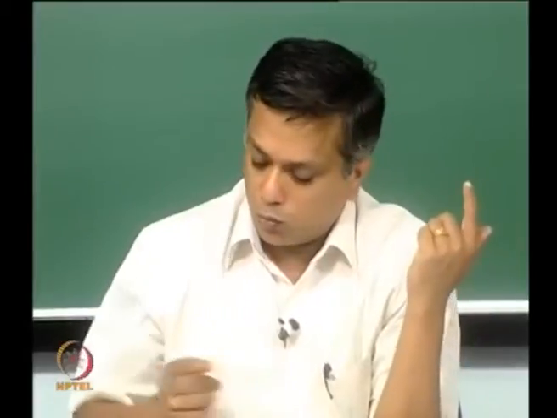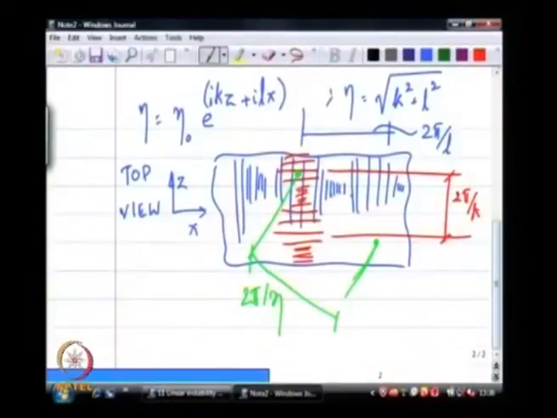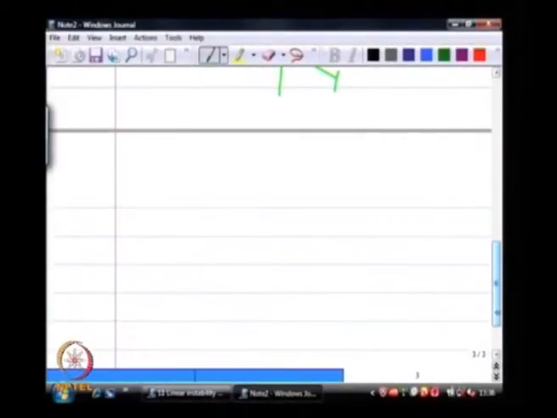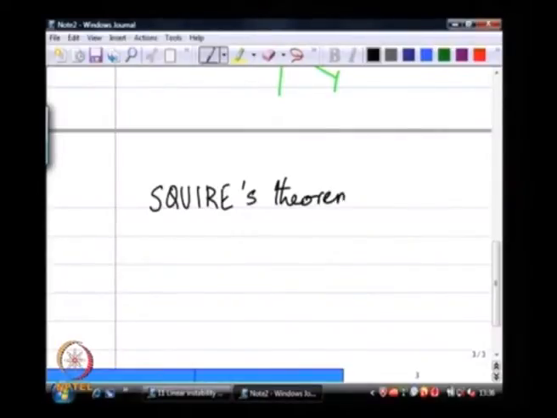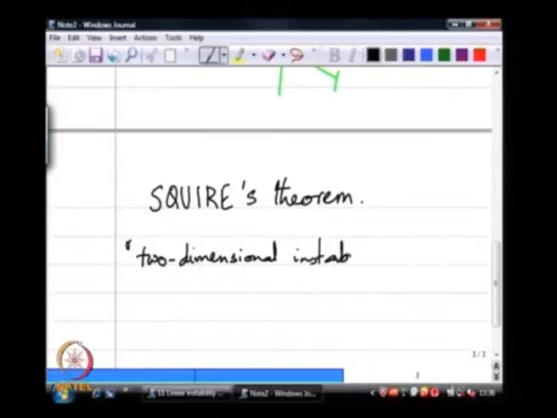Okay. Now, what we learn from an old theorem due to a man named Squire, I am going to paraphrase this, but it is going to be reasonably accurate. So, you can write this down. So, essentially two dimensional instabilities